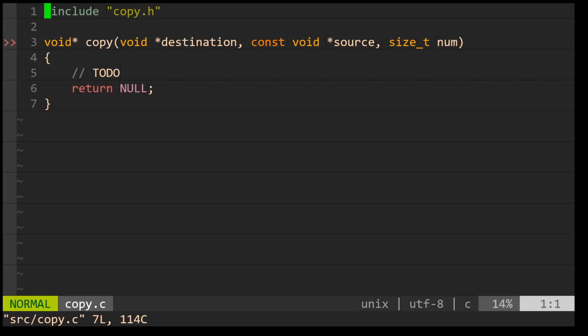Let's take a look at how unit testing works. So I'm going to go ahead and open up the source file named copy.c. And what you're going to see here is a function implementation for the copy function. And notice it's got a destination pointer and a source pointer and some number of bytes that we're attempting to